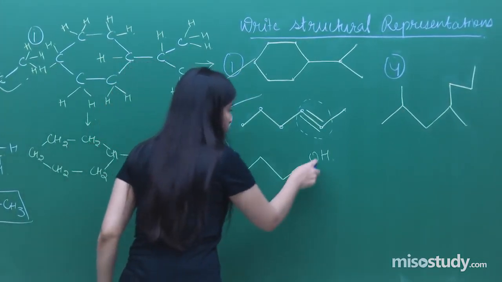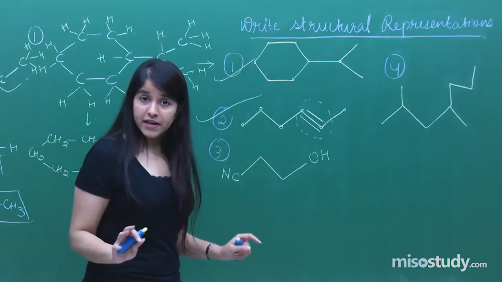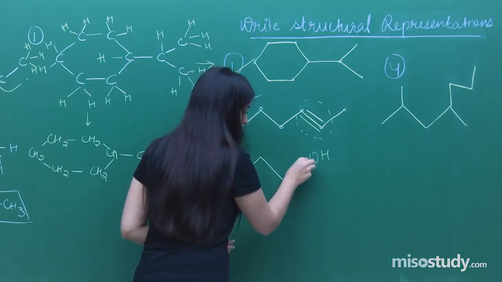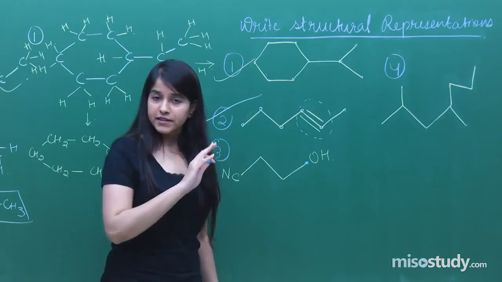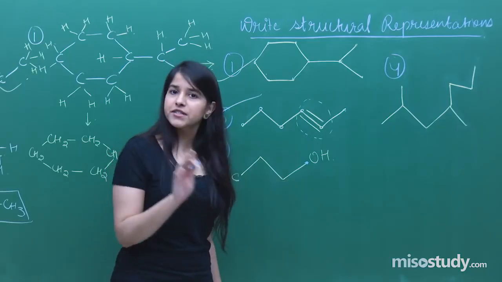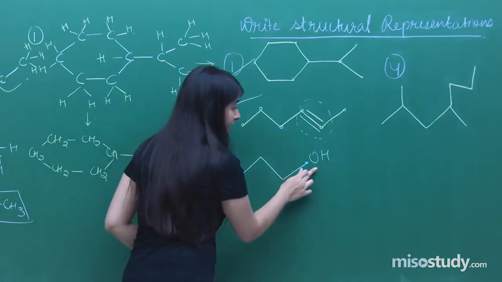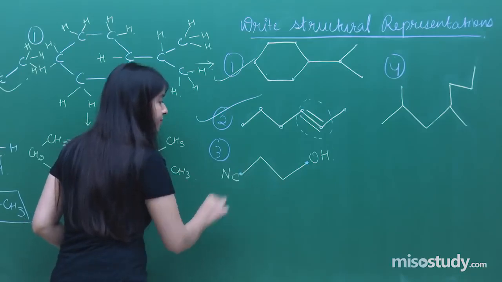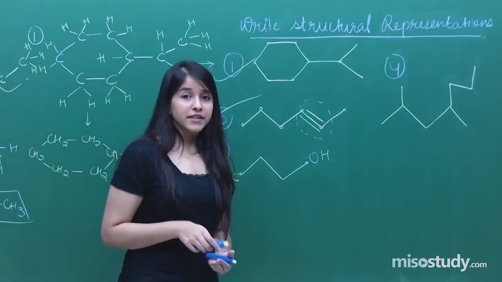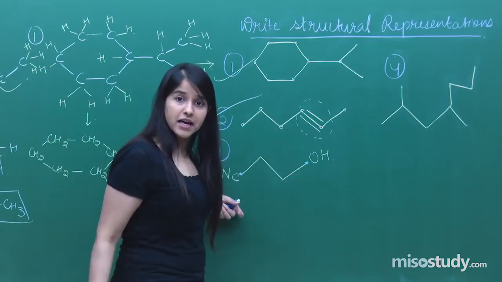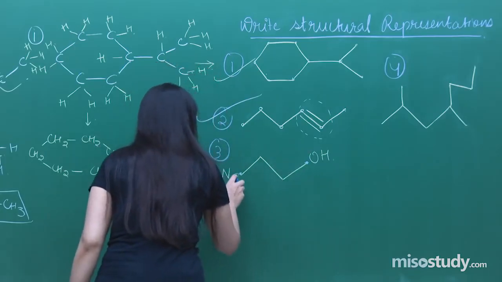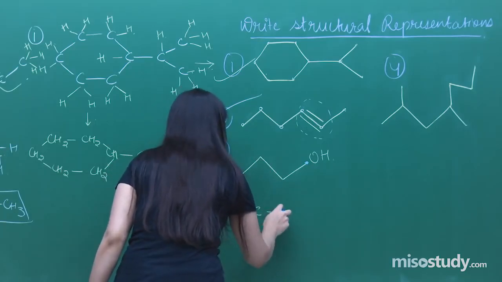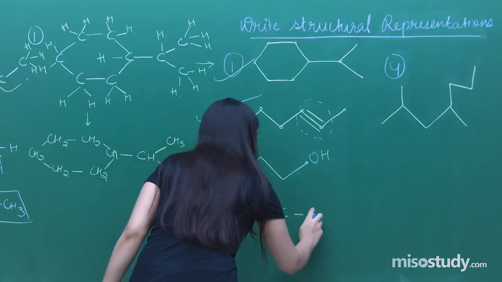So 3 has got 2 things. Now just pay very careful attention here that these ends over here, as I told you, if there is no mentioning of the end, it would be considered as methyl. But here the ends have been mentioned. One end is of OH, the other end is of cyano group. That means I need to have, instead of methyls, these two groups attached. Let us just have the form. It would be NC, a carbon, and OH.